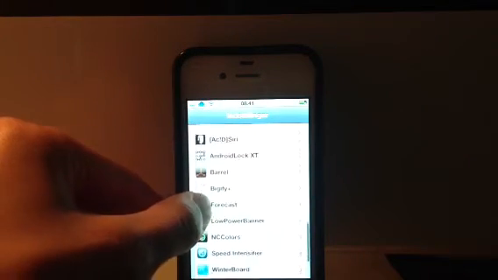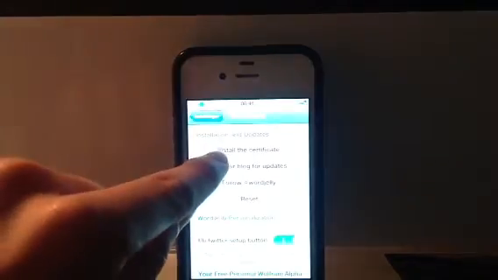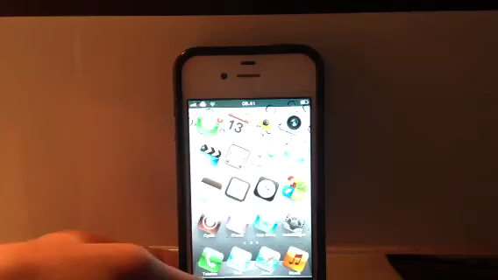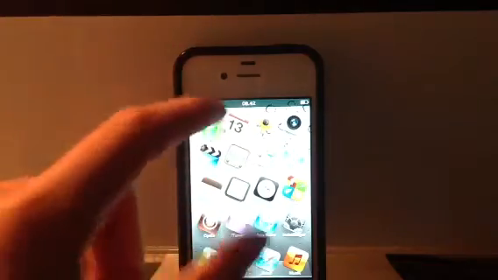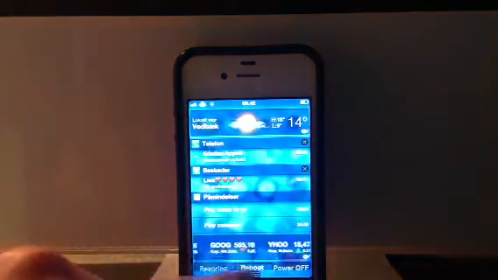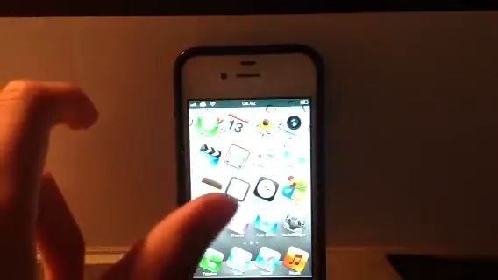You go to Word Jelly, the thing from Control Panel, and install that. I had it installed, so I cancel. Now you reboot your device again and you have Siri.